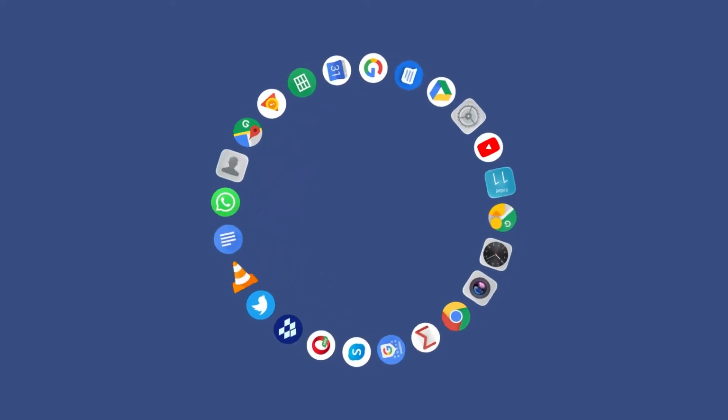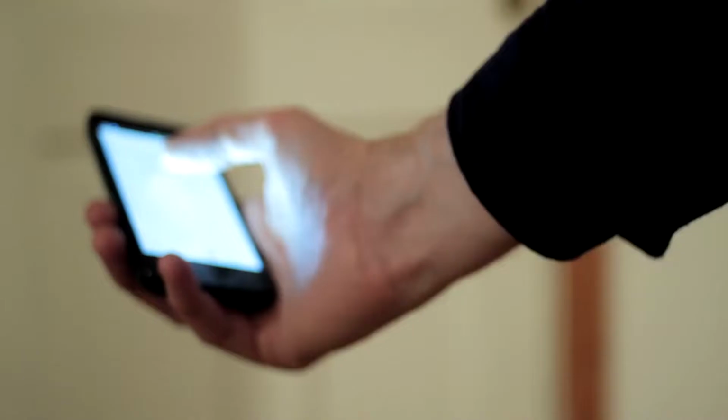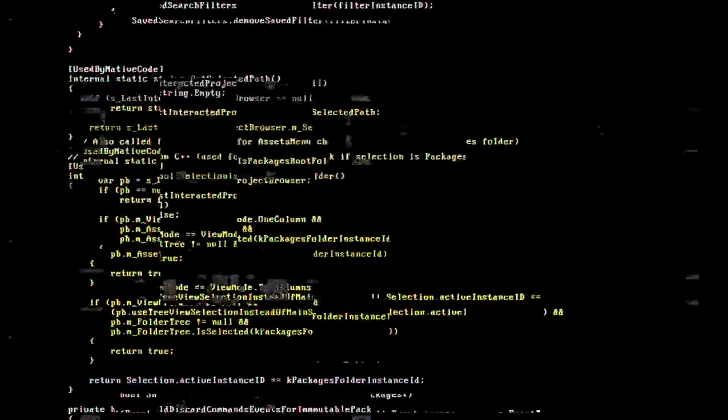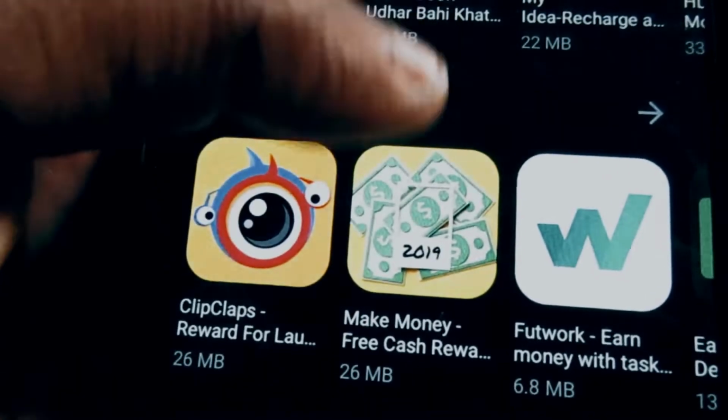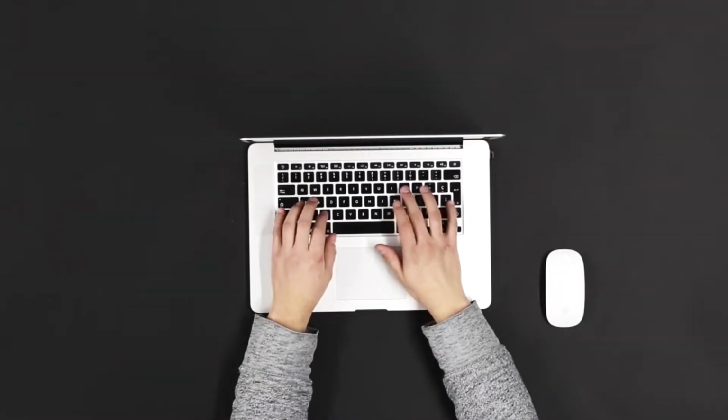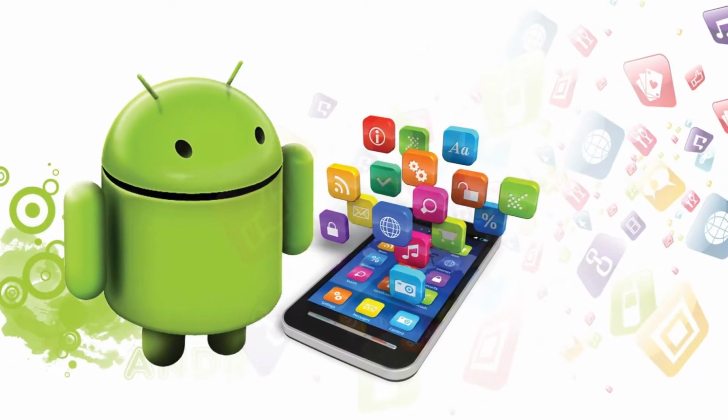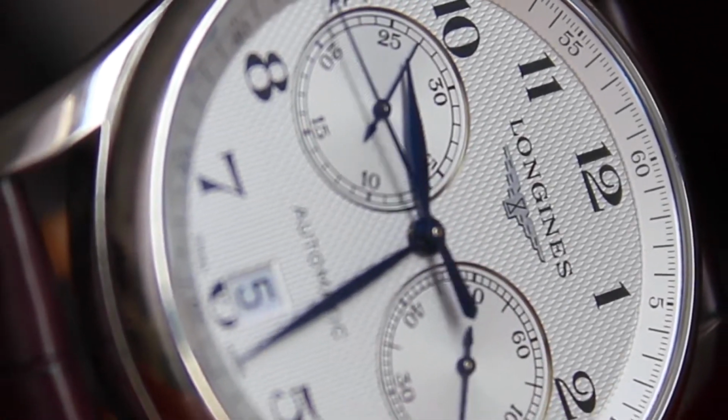So hi guys, this video is all about how you can create an Android app on your Android phone easily without any coding experience. So if you are new and a beginner and you want to create your own application but you don't have a PC or a laptop and you want to create an entire application on your mobile phone, this video is for you. So without wasting further time, let's jump into the video.